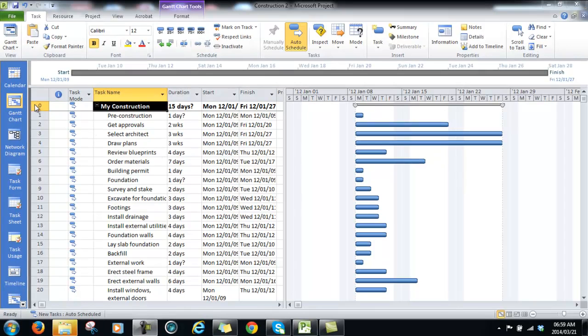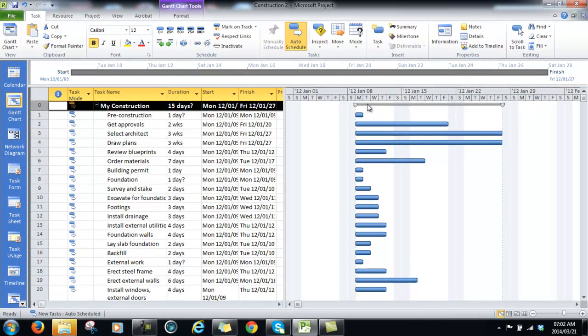You will see that the ID number changed now to 0, and the duration is the length of the longest task that we have. If you look at the chart pane, you will see that the bar looks different for a summary task, and if you position your mouse on it, you will also see that it's indicated as a project summary, while if you go on the other bars, it will indicate it is a task.